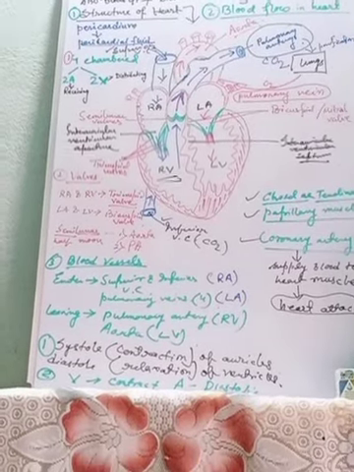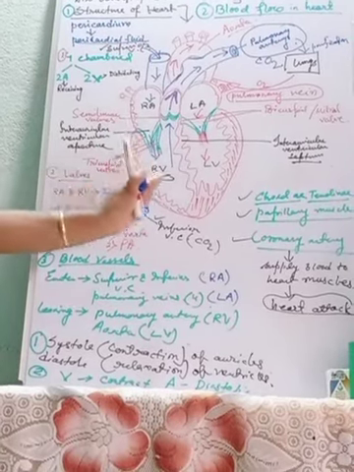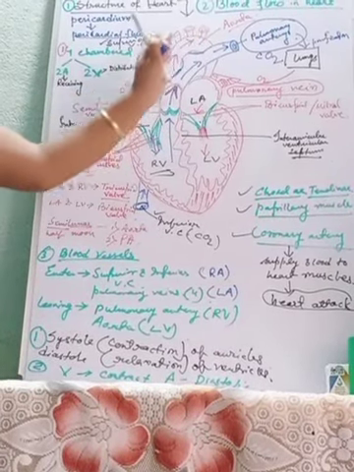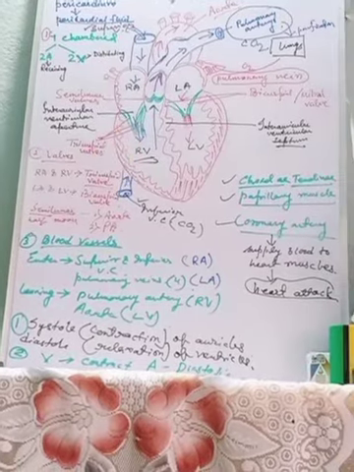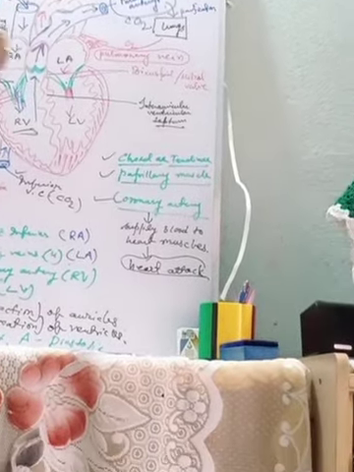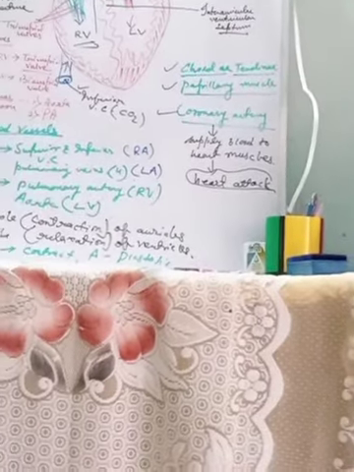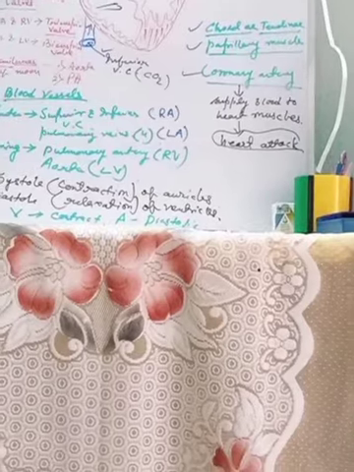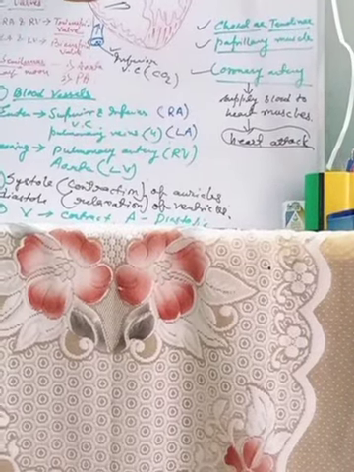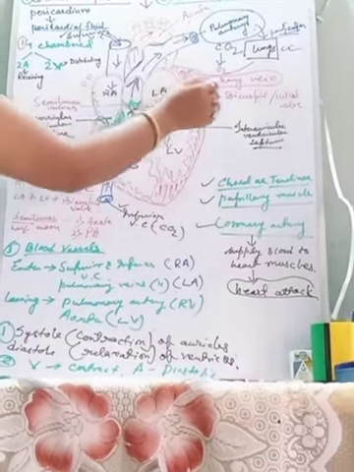After this contraction, there will be a relaxation position. At that time what will happen? First the ventricles will contract and give the blood to the pulmonary artery with the opening of the semilunar valves. This valve will open at that time. Clear? And then they will take the impure blood to the lungs for purification, where the deoxygenated blood will become oxygenated, and this pure blood will be taken again.